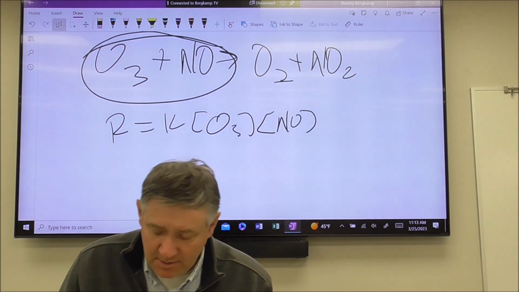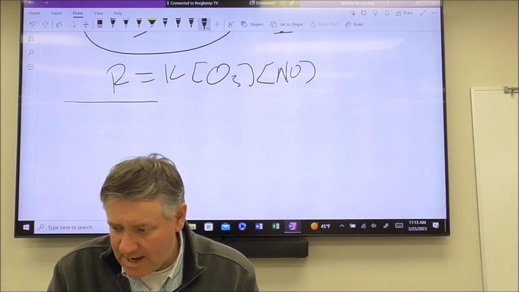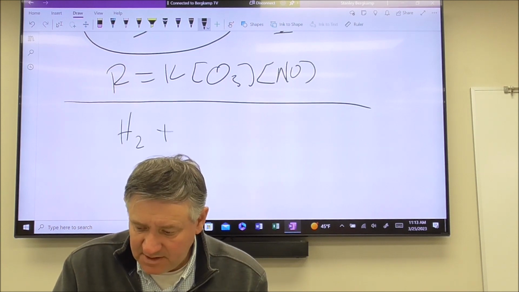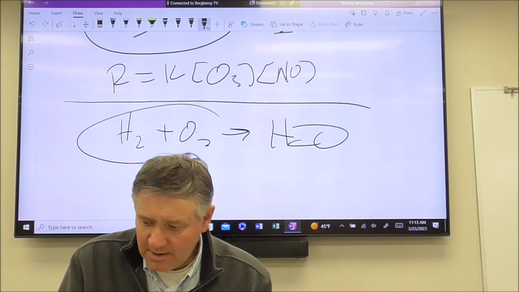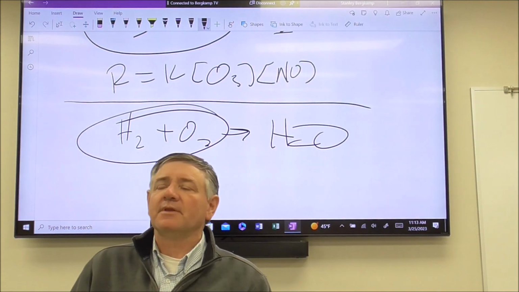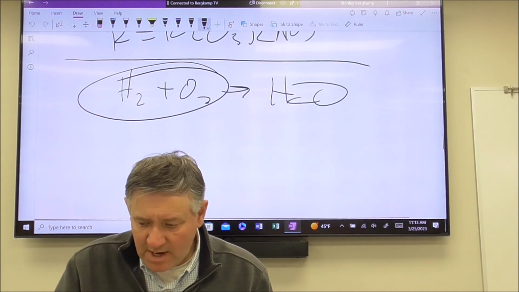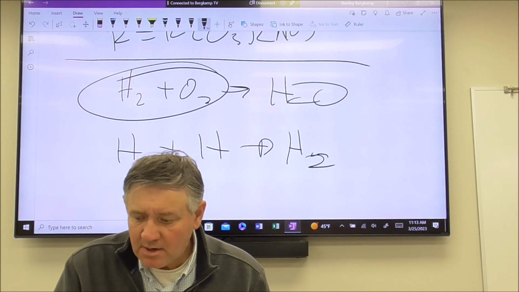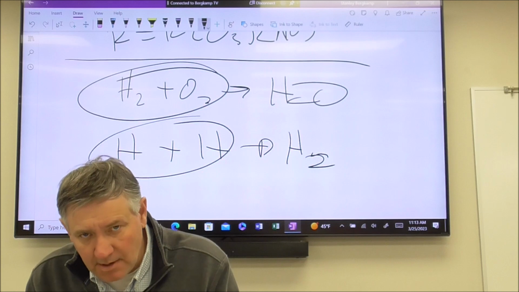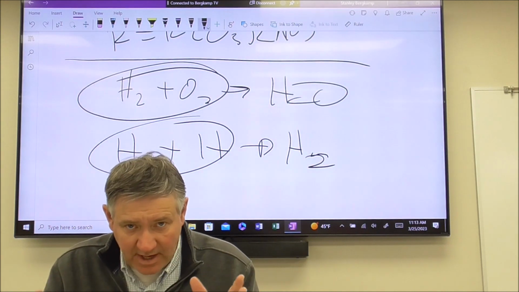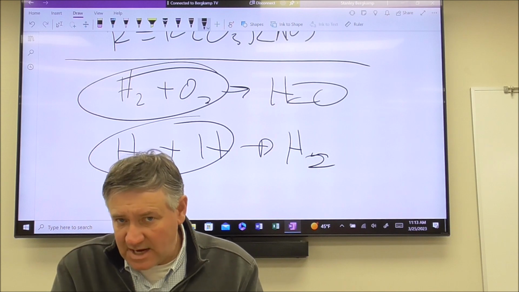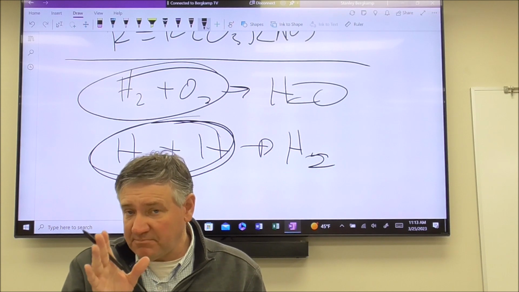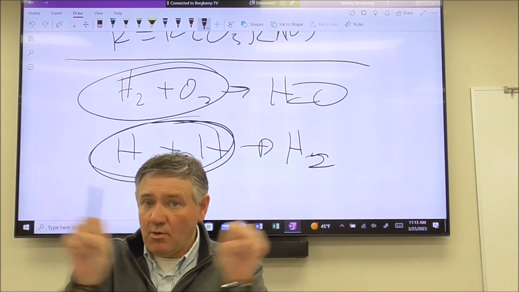And remember, if it's unimolecular or bimolecular, there's 2 ways you can look at something that's bimolecular. Let's say you have hydrogen and oxygen turning into water. That's clearly bimolecular. You can also have bimolecular if you have hydrogen plus hydrogen combining into H2. So bimolecular isn't the number or the types of atoms. Bimolecular is the number of particles that have to combine. So even though it's hydrogen, this can still be considered bimolecular because 2 hydrogens would have to combine